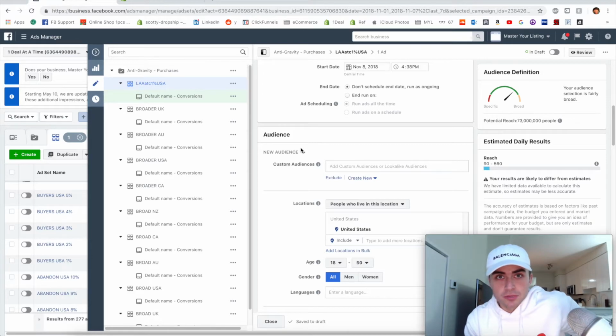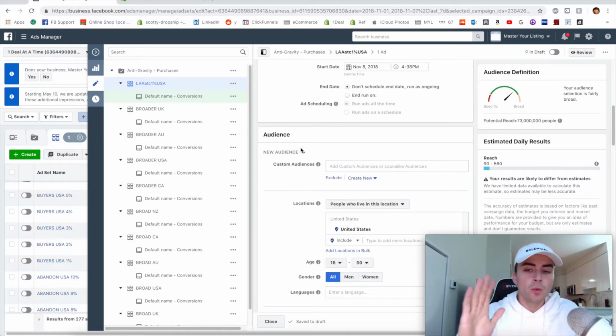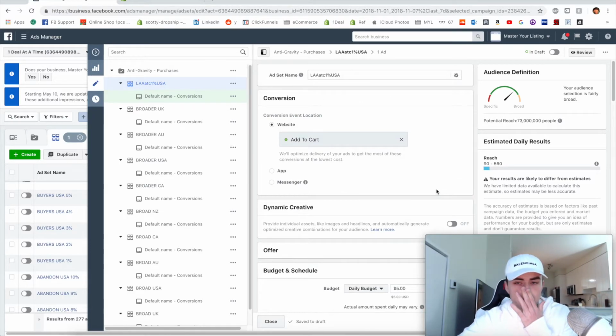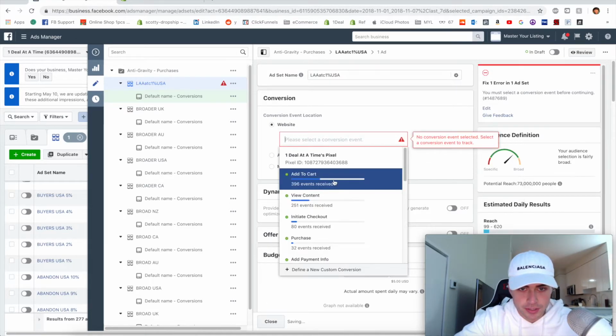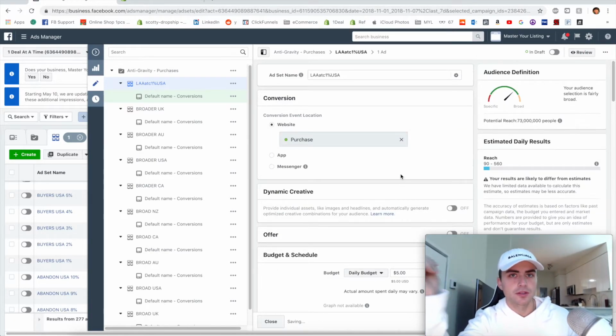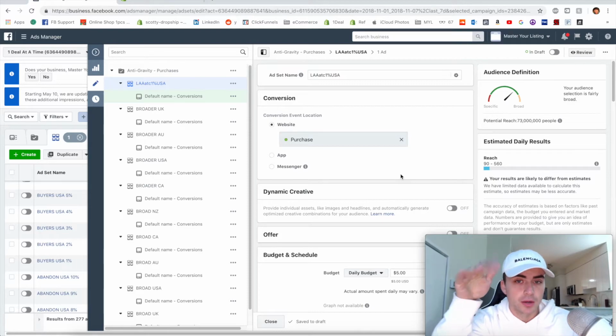trust me on this one, you don't want to necessarily go ahead and end all of your active campaigns. So let's just say this one was active and it was doing well. And so any active ad set that you want to do, you'd want to come in here and change it from add to cart to purchase. Now again, you can't do this until you get 20 to 30 purchases a week, but just make sure that when you do switch, that you don't have